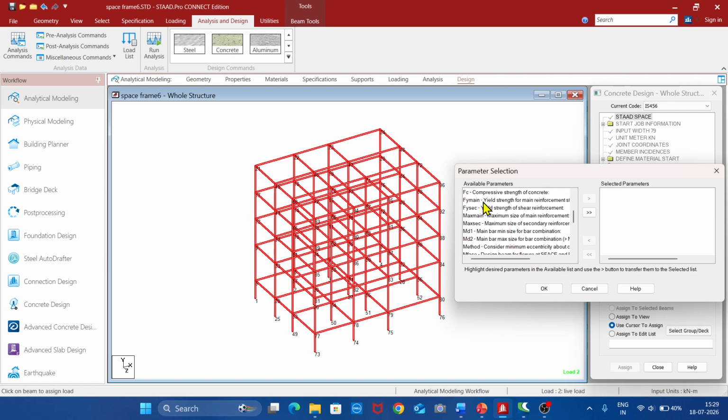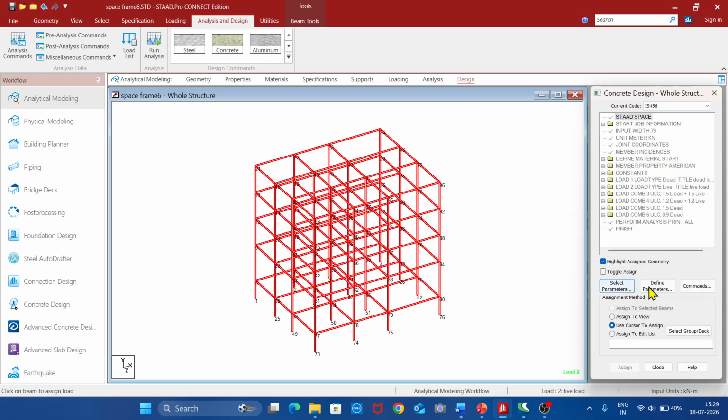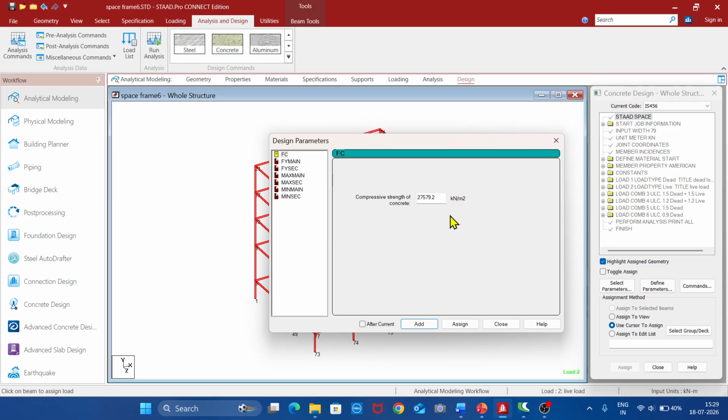So we need to choose FC, press Control, FI main, FI secondary, maximum main, maximum secondary, and then minimum main, minimum secondary, bring this side, click OK, define parameters, FC, say the value will be